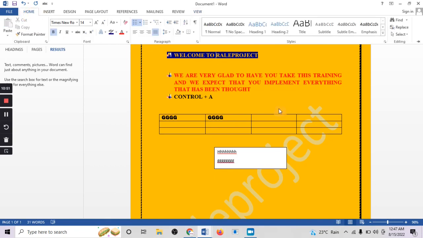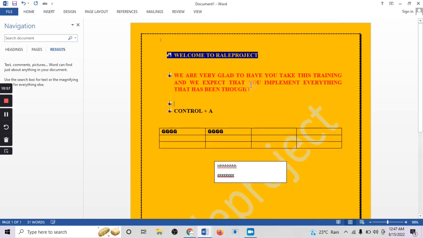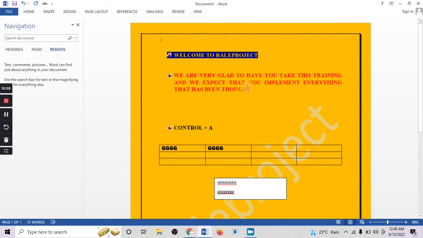Now the next thing I want to show you is how to copy and paste, which could actually be one of the simplest things to do on Microsoft Word. So remember, before you make any changes on your text, you need to highlight. So let's say I want to copy this particular text to another page. All I need to do is highlight the particular text I want to copy,